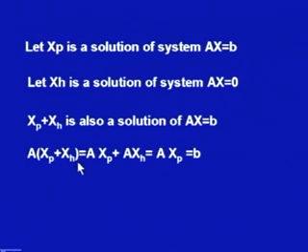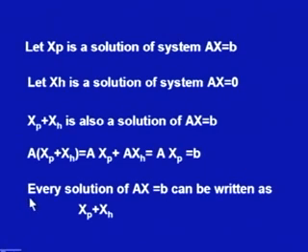Perform this multiplication, it is Axp plus Axh, but Axh is equal to 0. So, what remains is Axp is equal to b, but we know that xp is a solution of Ax is equal to b. So, this equation is satisfied, and that means xp plus xh is also a solution of Ax is equal to b. Now, this is very similar to what we have in case of differential equations,